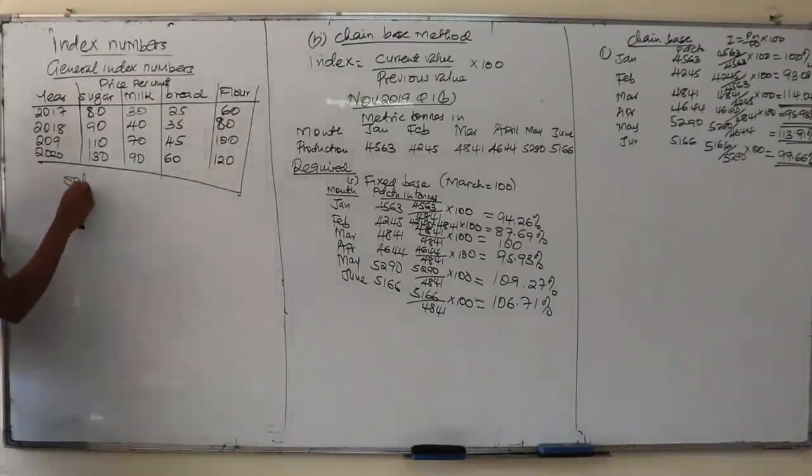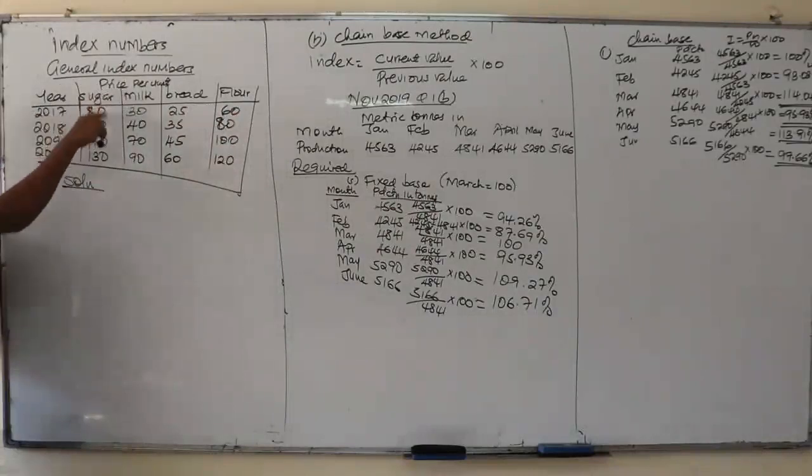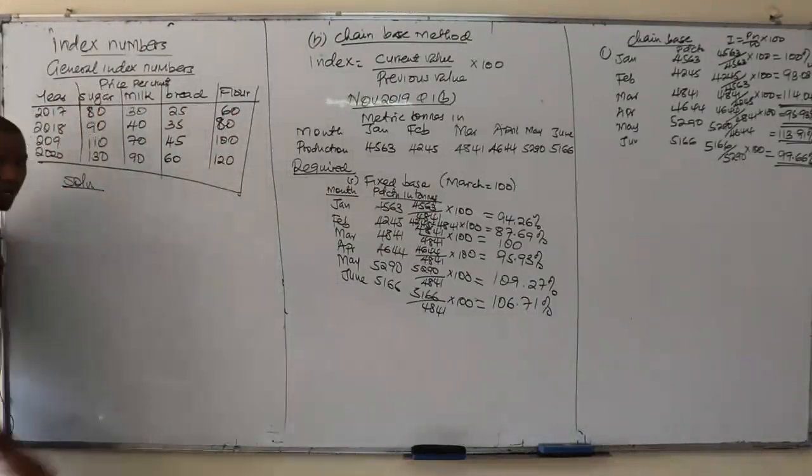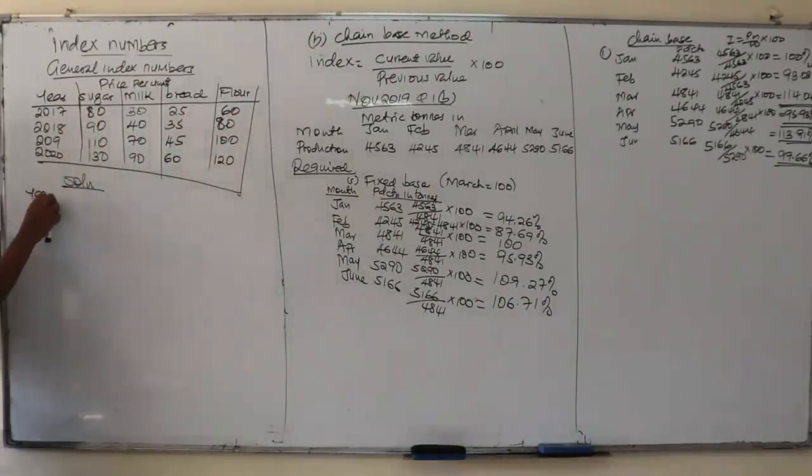So we want to know the general price index. What we've said in this case is that you compute the price index for each and every item, and after you compute it, you will now get the general index by taking the average. So I will have here the year, and here we have sugar,